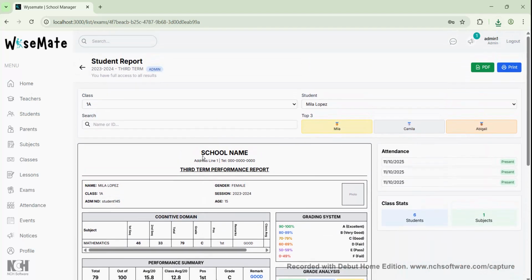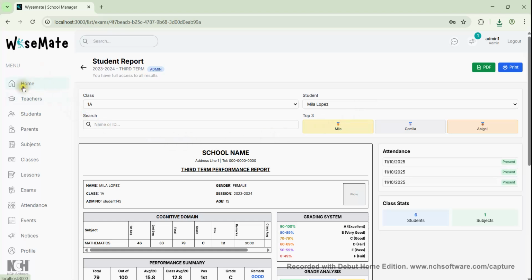This is for the admin page. I rushed through everything so that I can cover as much as possible. It's limited time. So the next one, I'll introduce you to the